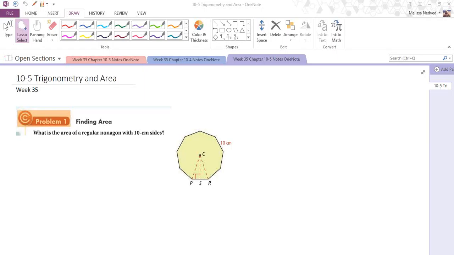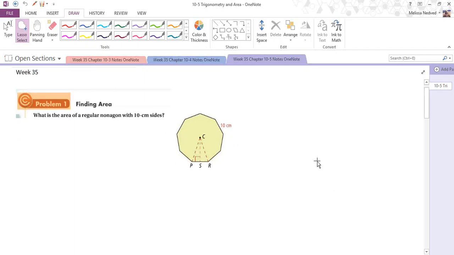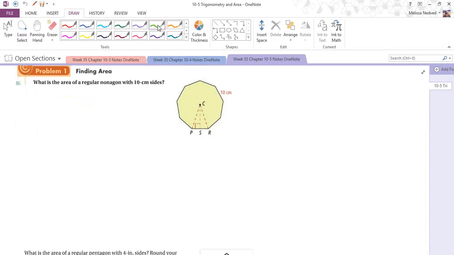The second part, we're going to look at how to find the area of a triangle if we're not given the height, but if we're given two sides and the included angle. So those are the two sections we're going to look at here. To get started, we're given a regular nonagon. Remember, a nonagon has 9 sides. And we've got a side length of 10 centimeters, and we're asked to find the area of